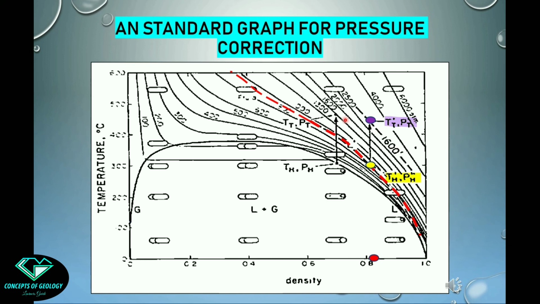See, these isobar lines have also changed their position with changing the chemistry of the inclusion. That is why I was talking about choosing of the appropriate graph for the appropriate chemistry. Now we are having the temperature of trapping here, okay, again in between 450 to 500 degrees centigrade, but this will be definitely lesser than that of the pure H2O system.